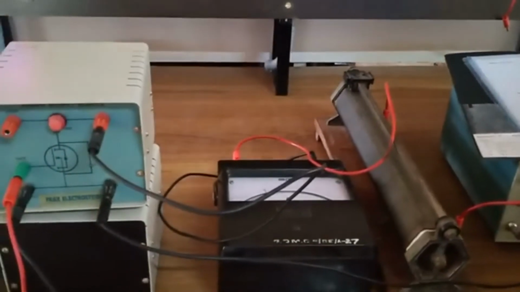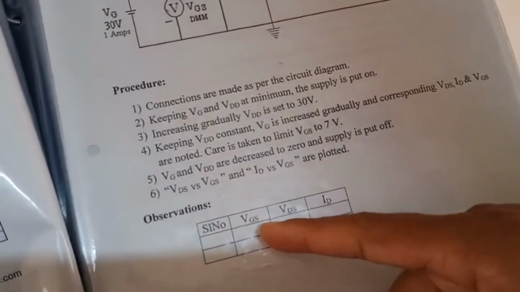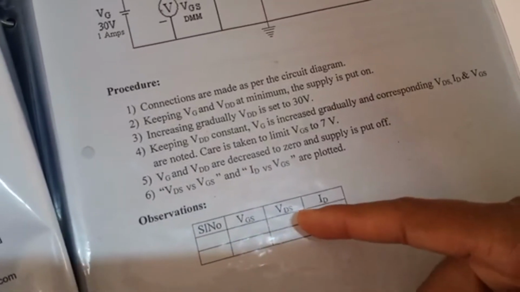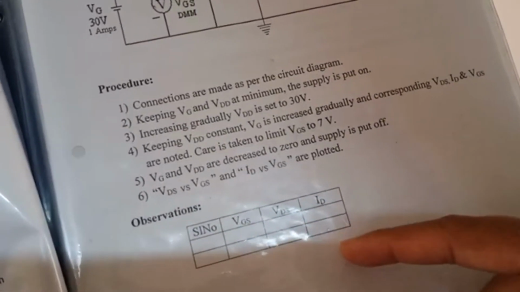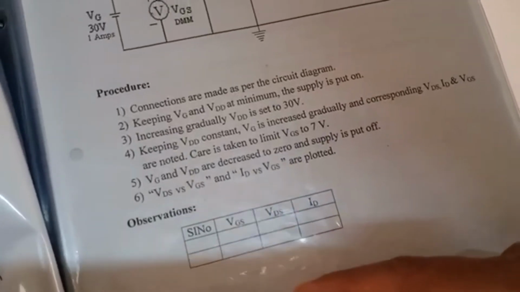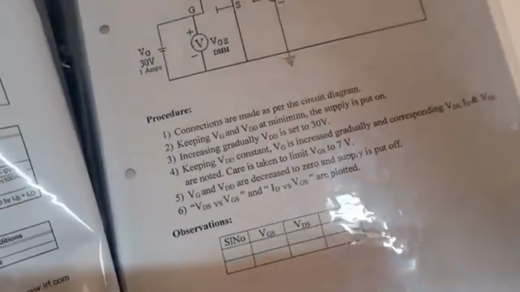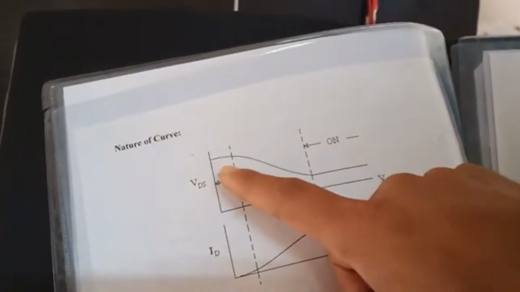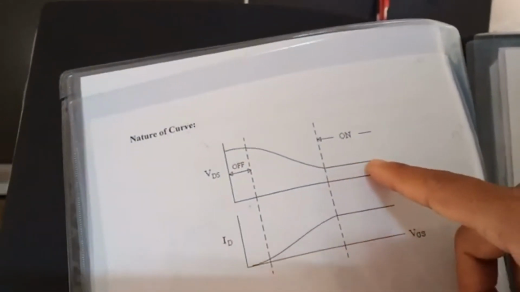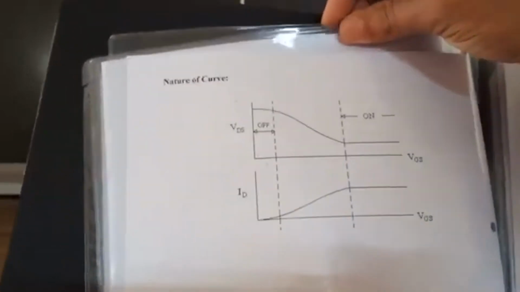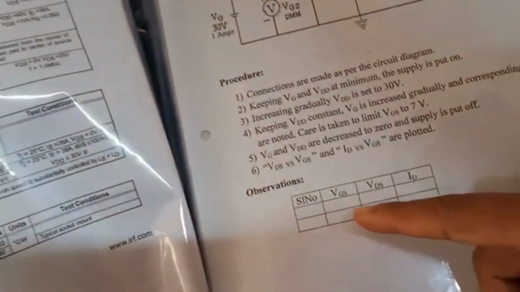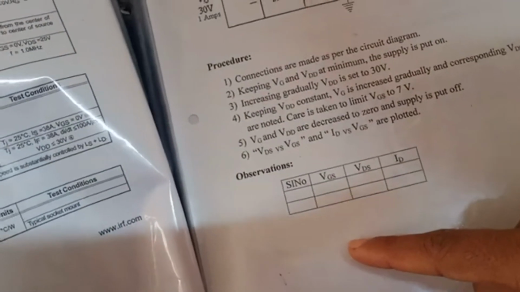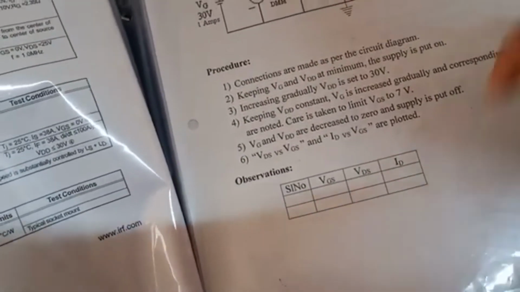The readings are very simple. There is only one tabulation. Now you should note that as you are increasing VGS, after some voltage, when current starts to flow, VDS also slightly decreases. So you have to note down those values, because you will get exactly this graph. VDS will reduce to some value. Earlier it was 30, now it will reduce to some value and then become constant. So you have to note that. Once you take readings from 0 volts of VGS to 7 volts of VGS, with the different values, that is the end of your readings.